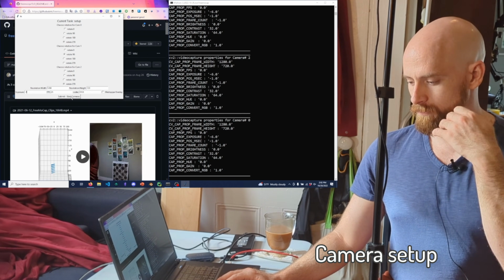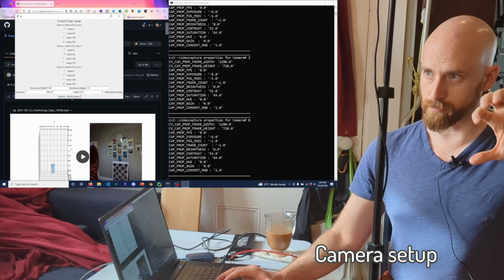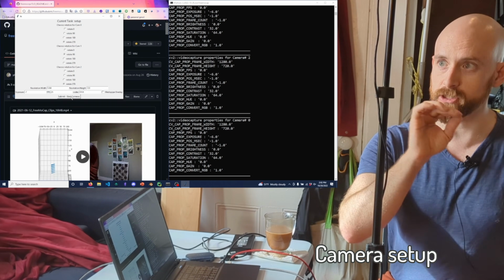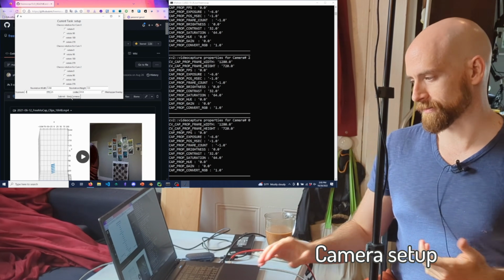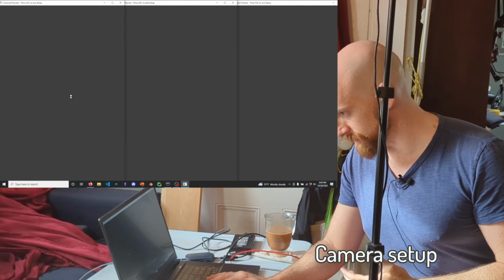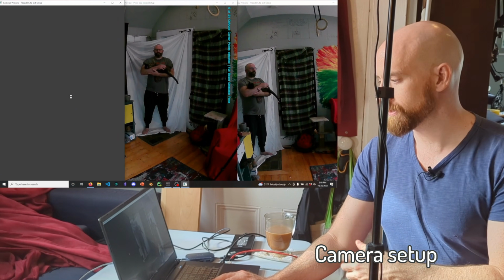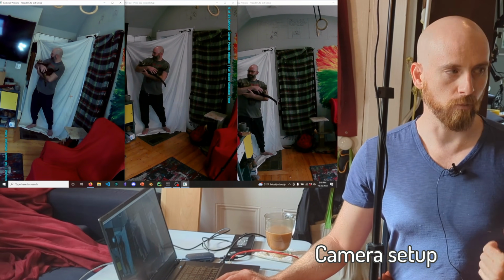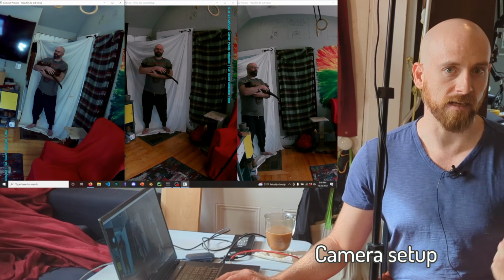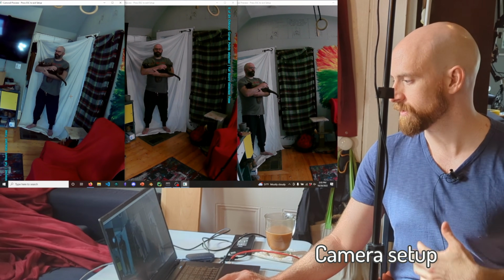So lower exposure leads to darker images, so you want really bright lights. In this case I'm using my intuition and saying, okay, -7 is as low as we can get with this lighting. If I had spotlights, I could probably get it down to -8 or -9, but that's fine.